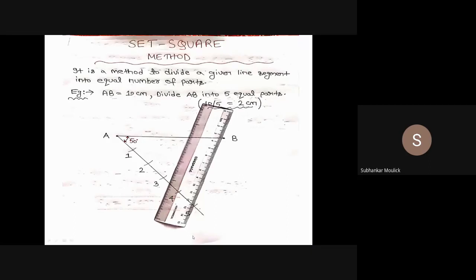Okay. Next step is join the last end point of the line. This is the given line AB. Point B is the last end point of the line. With the help of the scale, join the last end point with the last arc point on the acute angle inclined line. That means here I need to join 5B. If the same problem I want to divide into 8 equal parts, then this 5 will become 8 and I will join 8 to B. Is it clear?